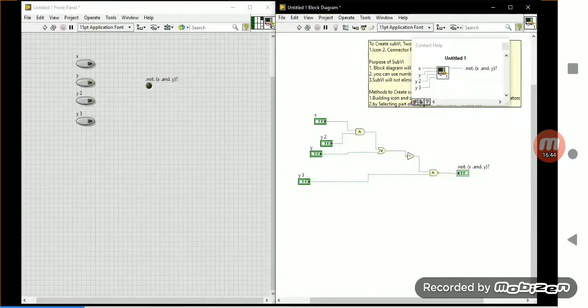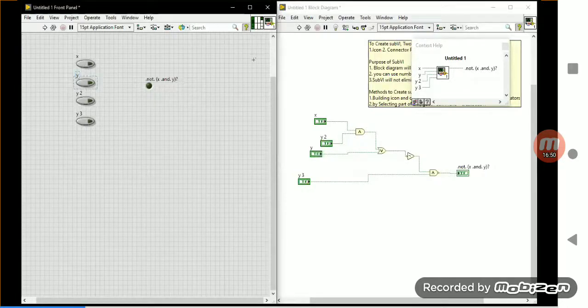If you want to make your terminal a required terminal, right click on that terminal. When you select the terminal, it highlights here so that you can understand this terminal is selected.